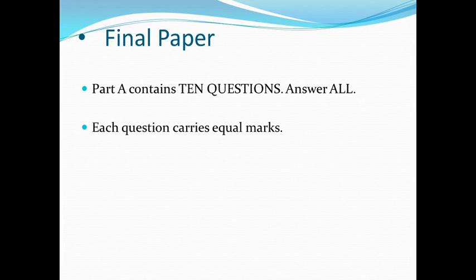In the final paper of your English for Oral Communication, you will be getting a paper which contains 10 questions. You are to answer all questions. There will be 6 marks for each question, totaling up to 60 marks. Before we read some questions of your final paper, let's just roughly go through your module.